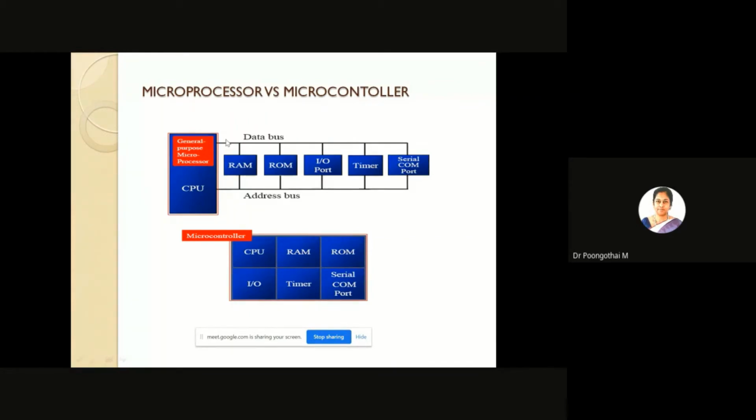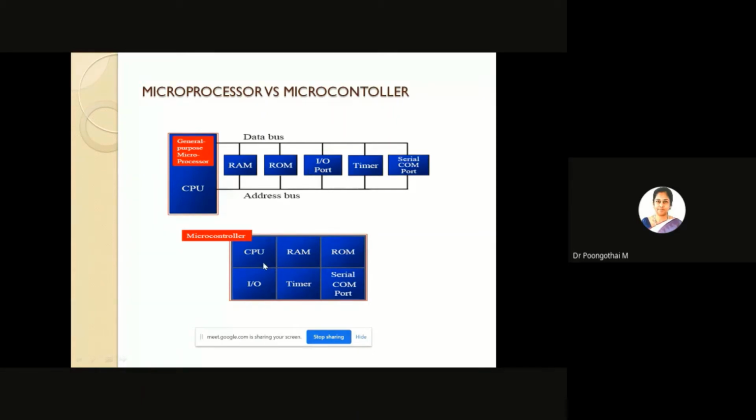Based on application, your designer or programmer has to interconnect these components externally. So your system designer must add RAM, ROM, IO port, timer, and serial communication port externally to make them functional. That is the important thing in microprocessor. Although the addition of external components makes the system bulkier and much more expensive, the important advantage of this microprocessor is that the designer or programmer can decide on the amount of memory, the RAM and ROM, and also the size of the IO ports.